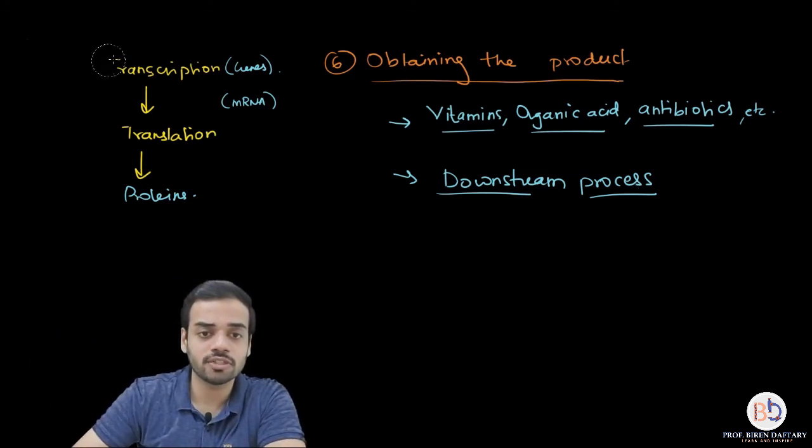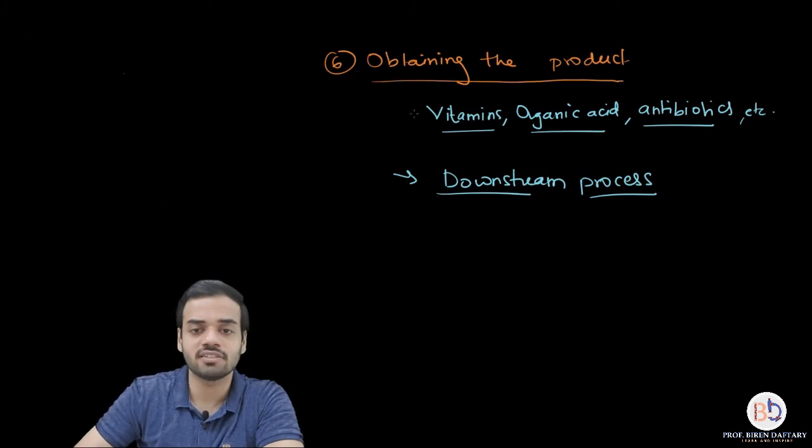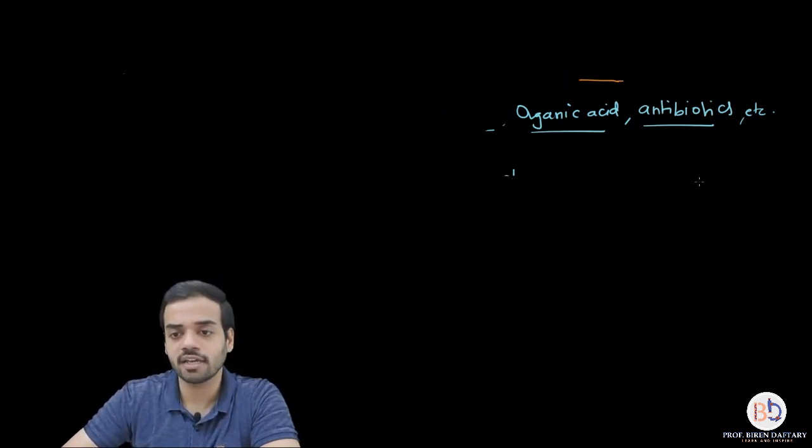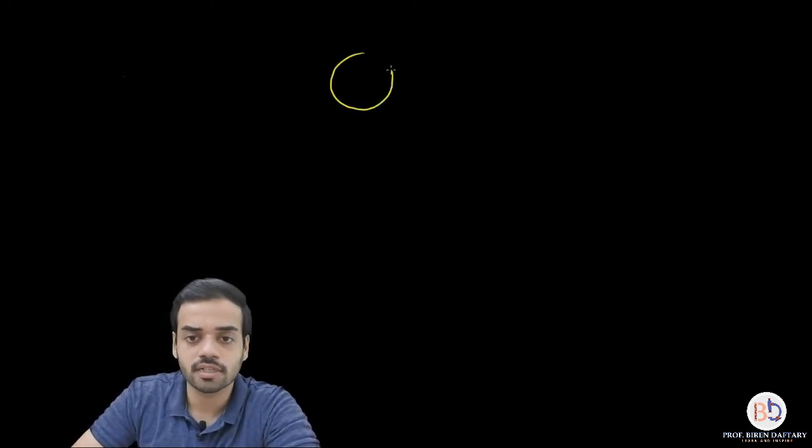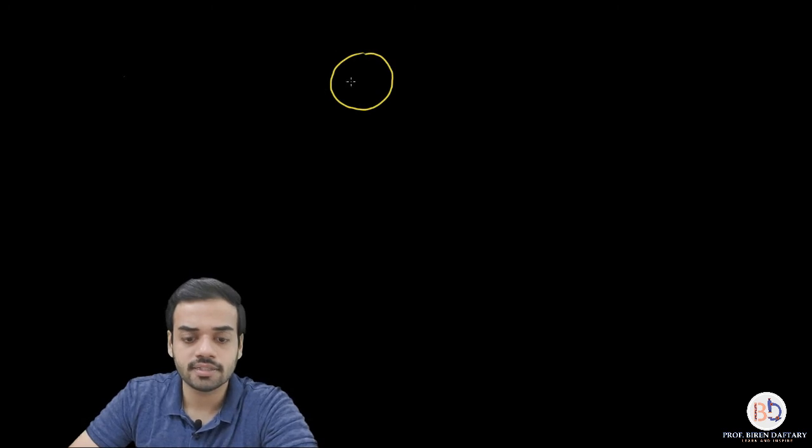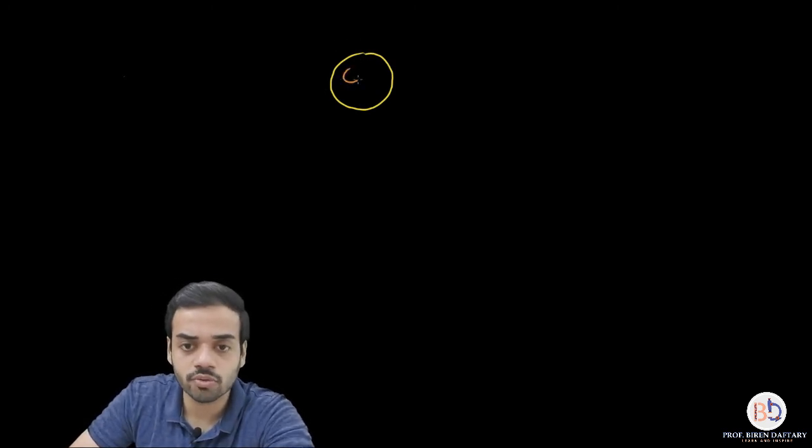Now what we are going to do is, finally, I know it has been a long lecture, we are just going to draw a final diagram which is going to show you the entire process of rDNA technology. So if it is asked in the exam, you can draw. So let us start. What was the first step? First step was you were removing the DNA from a suitable donor organism. So what I'm going to do is, I'm going to draw the donor cell with this yellow color. I'm going to draw this circular cell, and inside the circular cell I'm going to draw this nucleus.